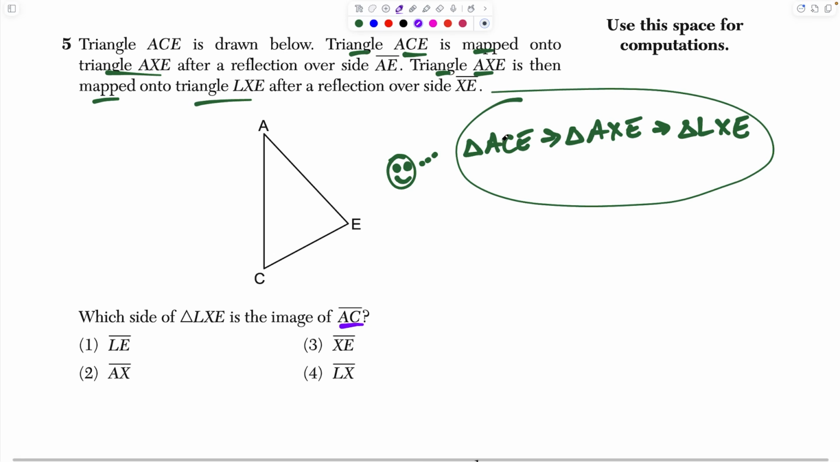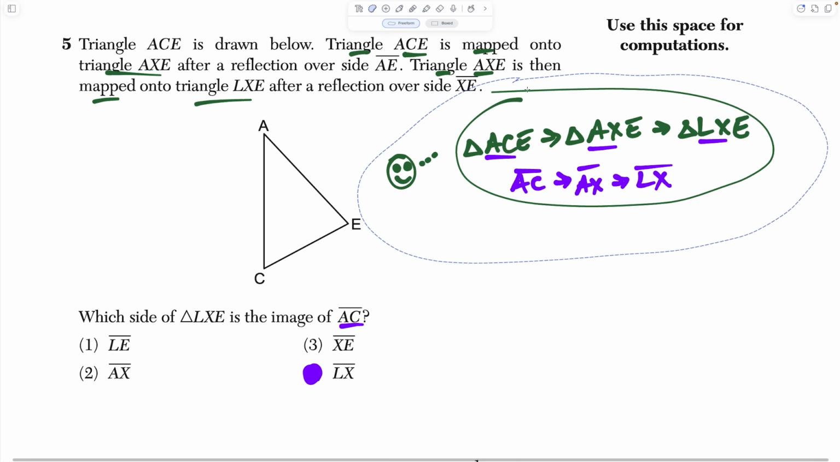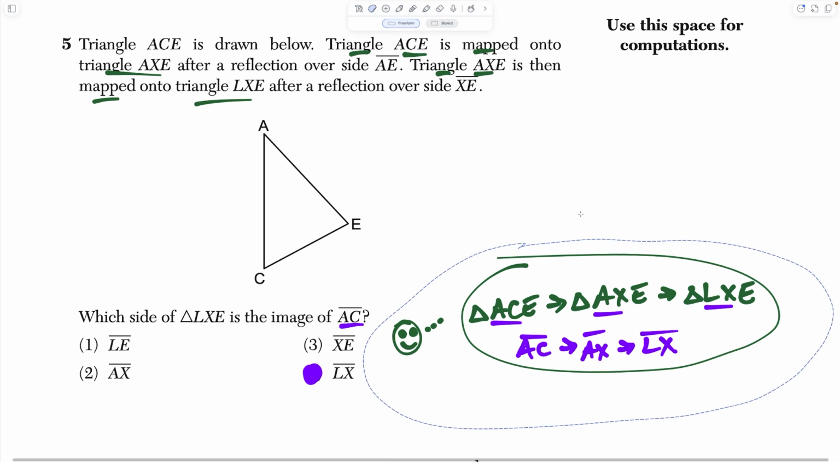Well, here's a nice little shortcut. AC shows up first and second. So that tells you that AC is going to get mapped to the first two letters of the next triangle, which are AX. And then the first two letters of the last triangle are LX. So that means that AC has to land wherever LX is. And choice 4 is our answer. But if you want to hit enlightenment here, we could draw this out so we could really see that choice 4 is our answer. But I really like using the corresponding sides idea, that the letters have to be written